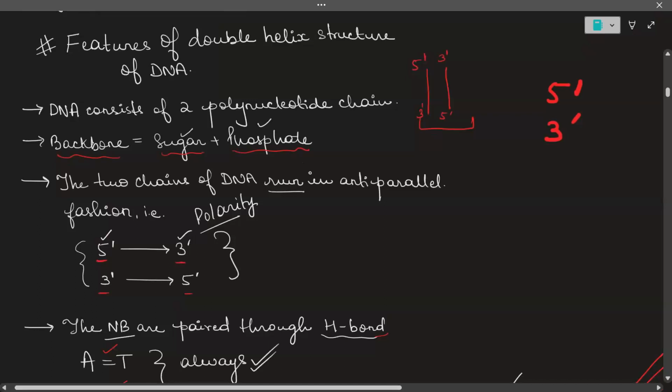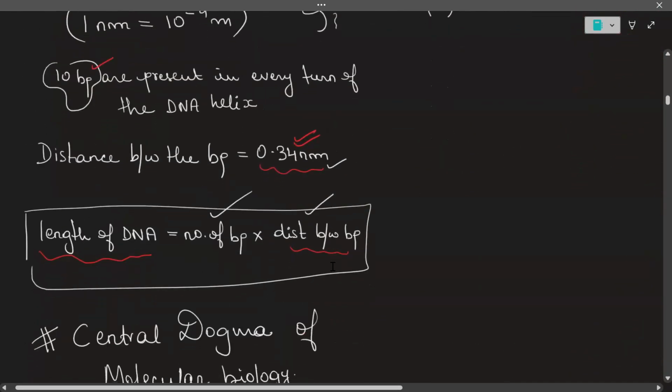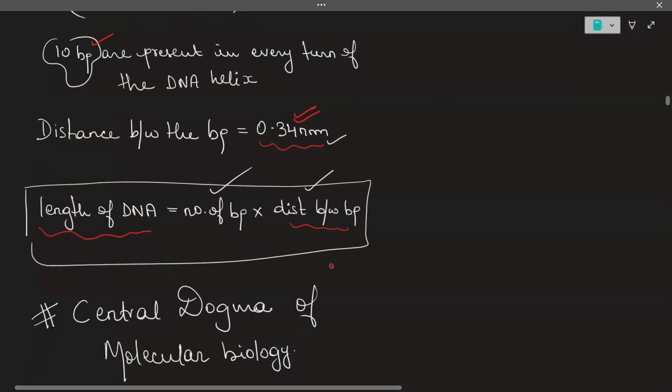Sure? All right. Now, how do we find out the length of the DNA? Whenever you multiply the total number of base pairs